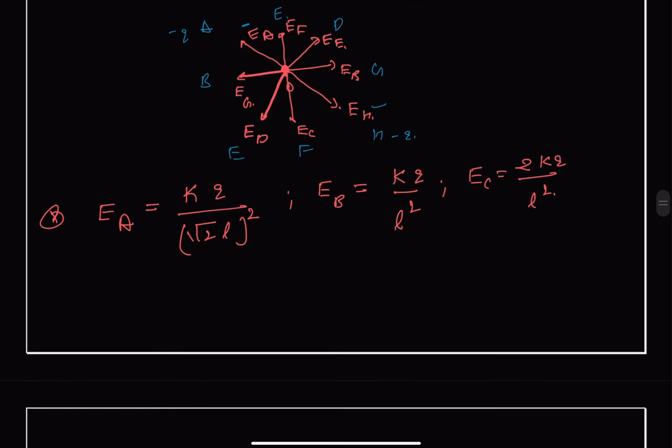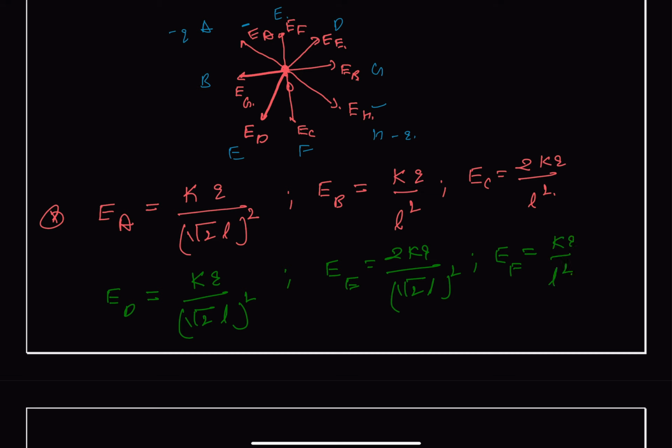And we have ABC, then we can write our ED will be equal to KQ over square root of 2 L square, and we have EE will be equal to 2KQ upon square root of L whole square, and we have then EF will be equal to KQ upon L square,